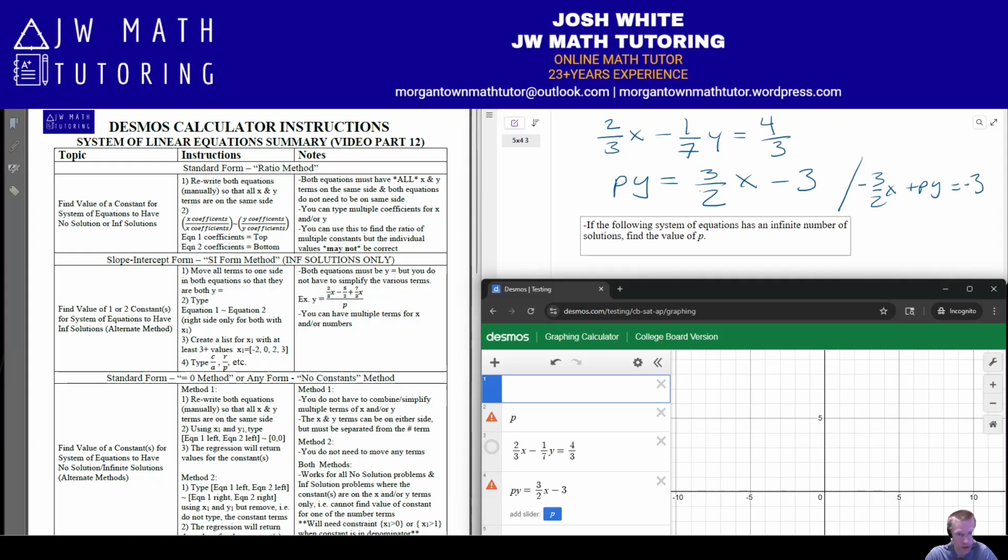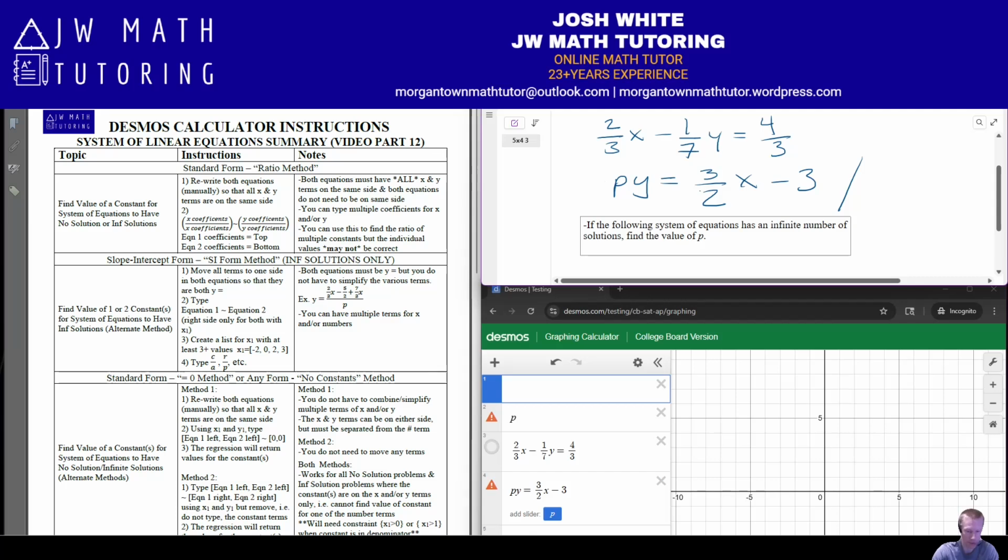Note, this method only works for infinite solutions. Basically, you're getting both into slope-intercept form, and then you're setting them equal to each other. Really, that's what you're doing. So that's obviously not going to work for no solution, because with no solution, the two lines will not be equal to each other. They have the same slope, but they will not have the same y-intercepts. Therefore, you do have to do some work